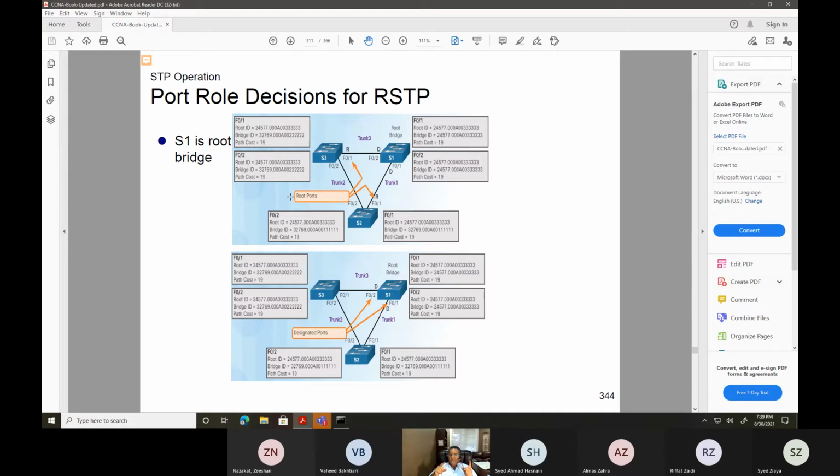Path cost determines whether it's a GigE connection, a fast Ethernet connection, or an Ethernet connection. The higher the bandwidth, the lower the cost. Understood? If you have a 1 gig link, it will be around 5 or 1. If you have fast Ethernet, it will be 19. It all depends on the path cost and the connectivity.